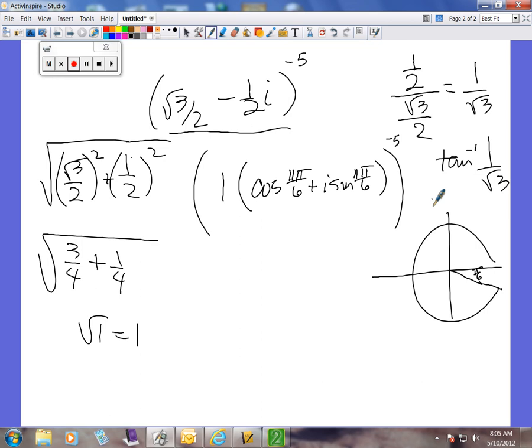What do we do with r? Well, let's do one step at a time. 1 to the negative 5th, right? Didn't we take it to the exponent power? Then what did we do with theta and the exponent? Didn't we multiply? So we got negative 5 times this, which would make it,